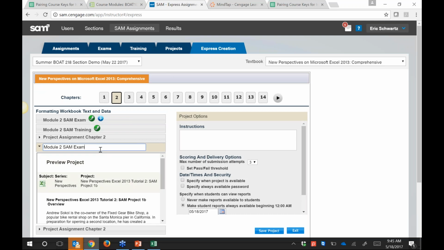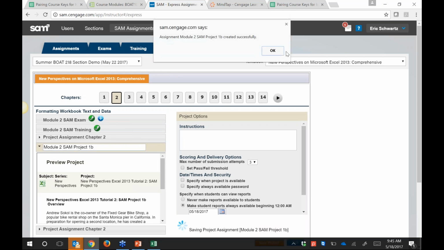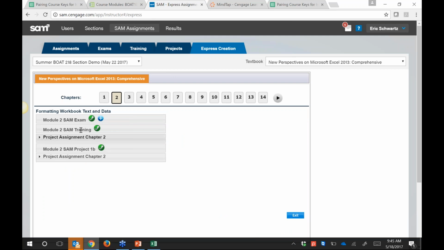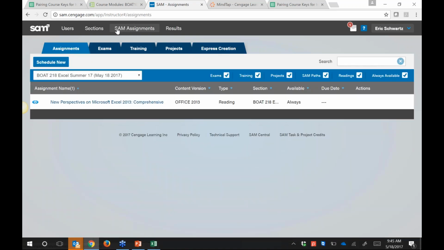And I'm going to call this my Module 2 SAM Project 1B. And here are my project options. I click Save Project. And just like that, I've created these 3 activities. And I know that they're created because if I go back to this SAM assignments area,